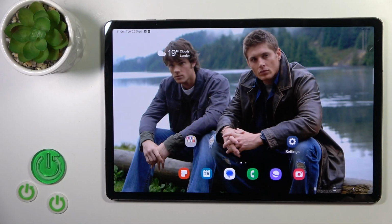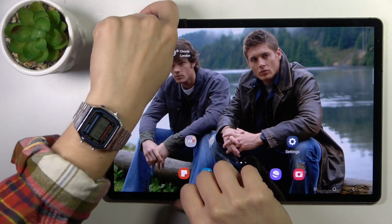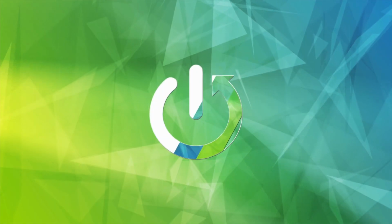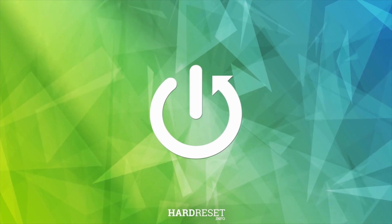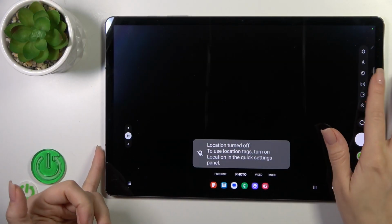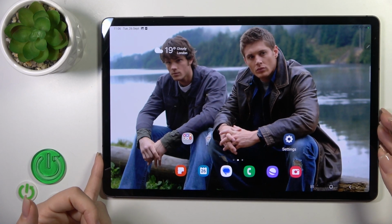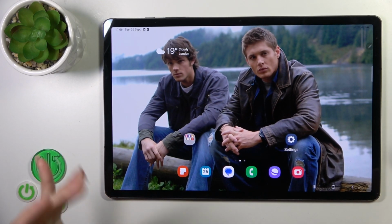Hi, this is the Samsung Galaxy Tab S9 Plus and I'll show you how to customize Quick Launch by double press to the power key button on this device. So now we could see that we just enabled the camera application, but if you wanna use another option from